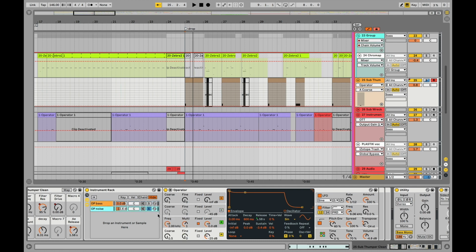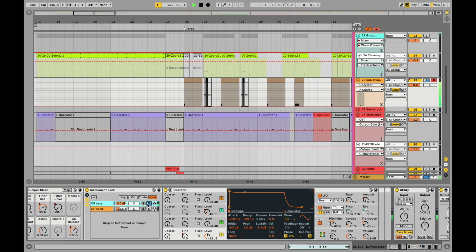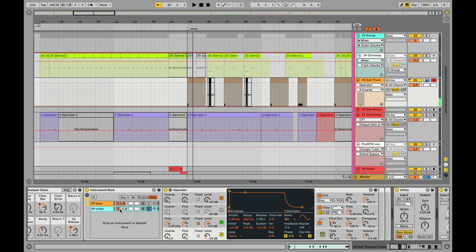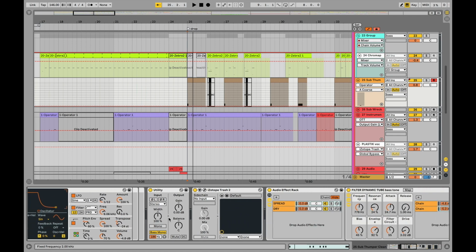It's not that noticeable, but because this is in key with the phase of the bass, I think it's a cool sound, even if it's subconsciously enhancing the bass a little bit. Anyway, I got my bass right here. You can hear that's kind of muffled. So the purpose of this noise, which is very low, at -22, is just to add a little decoration on the top. And this is just inside the same instrument rack. Going out of that, we go through a utility where the bass is mono,